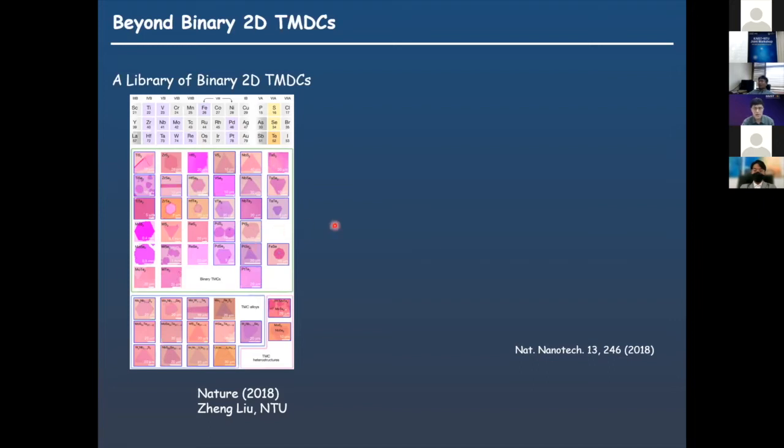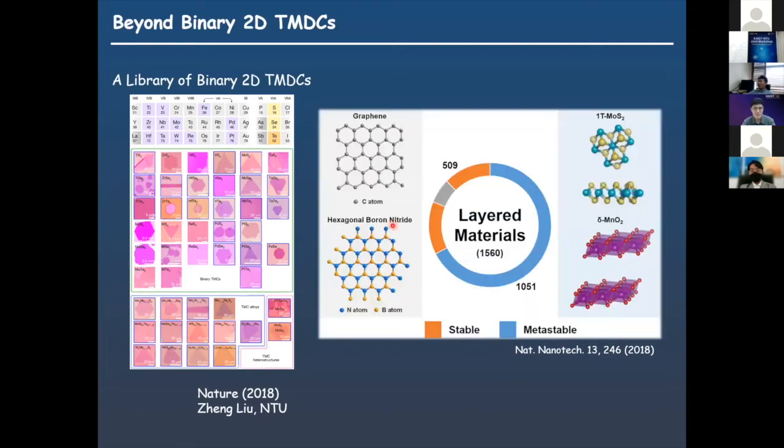So basically, they generate a library. I like this title, a library of 2D TMDs. Then, okay, so then what can we do? The study of 2D TMDs was done actually now. And thanks to the high throughput simulation technique, now we have material classification data for the 100,000 of crystal